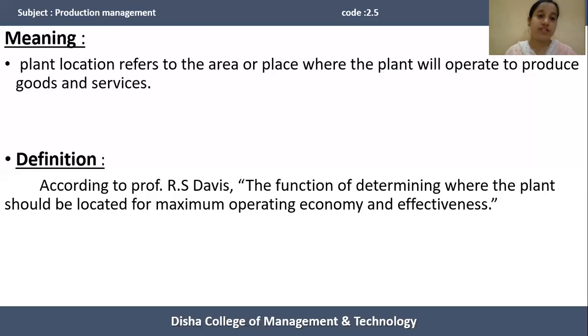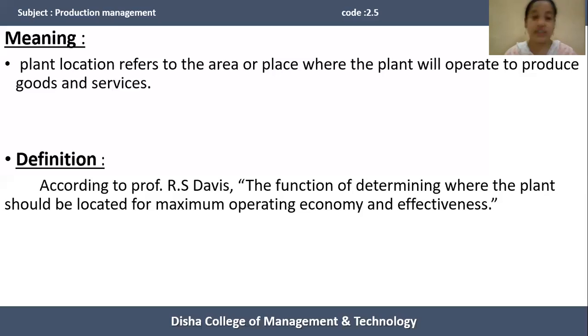Next, we come to the definition of plant location. Plant location is defined by various experts in different ways. Here I take one definition for our discussion, that is R.S. Davis's definition. According to him, what is plant location? He said that plant location is a function of determining where the plant should be located for maximum operating economy